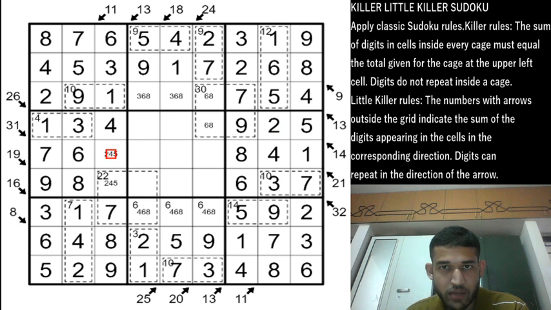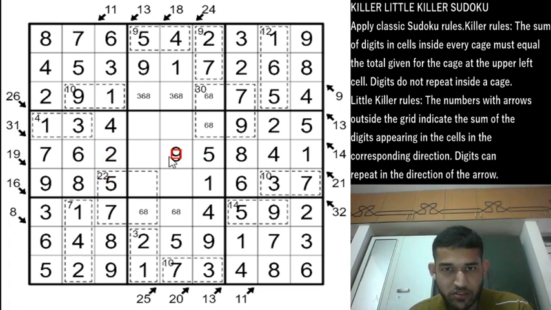So this will only be now 2 or a 5, and this will only be a 2 or a 5, and because 6 and 8 are locked in these cells, this will be a 4 now. We can remove the 6 from these cells. So this will be a 6 or 8, and this will be a 6 or an 8. And using classic rules along column 6, we can place the remaining digits along the column, which are 1 and 5, because 1 is here, 1 has to go here, and that forces the 5 to be here and a 2 here. And now we can finish row 5 using classic rules, and that forces 3 in row 3 to be in only this cell.